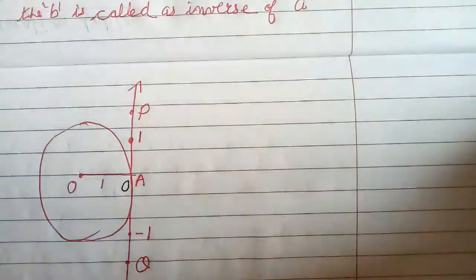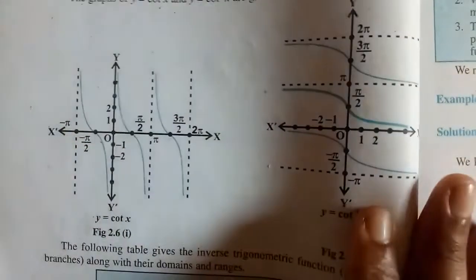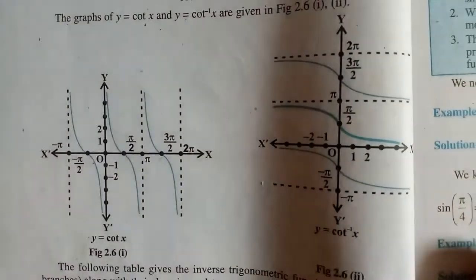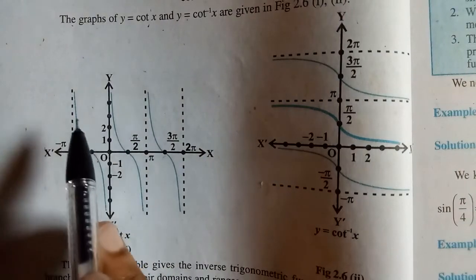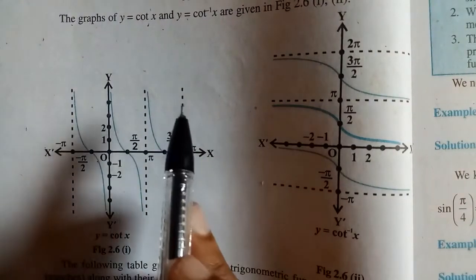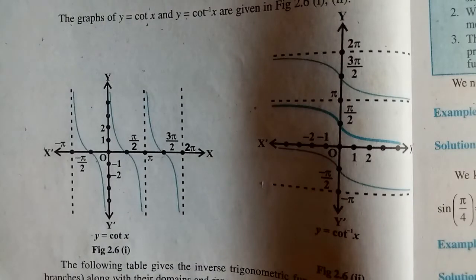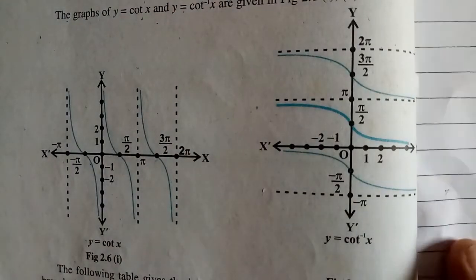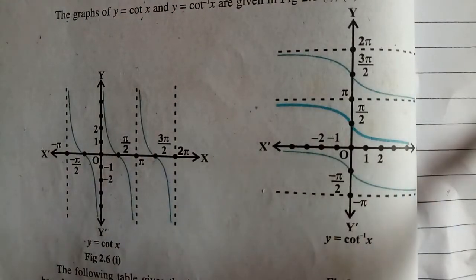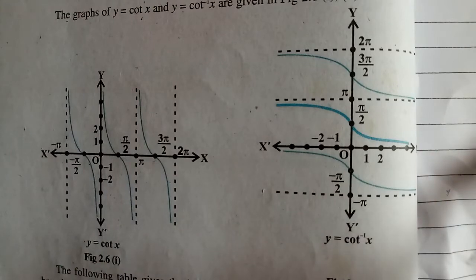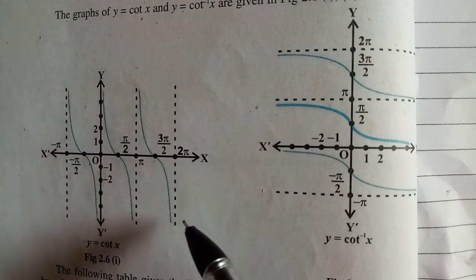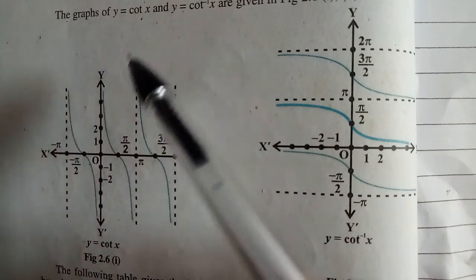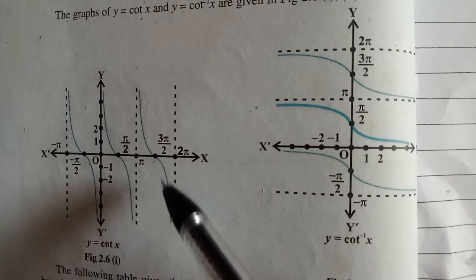If I look at the graph of cot and cot inverse, both I have here. I have exchanged the axis also. Very beautifully they have shown it in the NCERT textbook. So if you see here, children, again the breaks of pi are shown here. Now you can see very well, as I have told you, your cot function, except for n pi, is well defined, and it is taking all values in real numbers, just like tan.